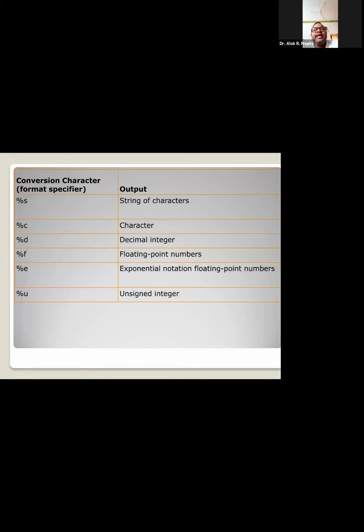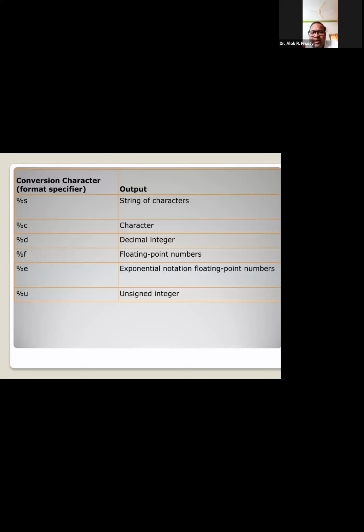Similarly, we can use %f for floating point values, and different conversion characters for double values. Different format specifiers we are using for different values. And %e we can say is exponential notation for floating point values. Let's say I have a long program and I want to describe in terms of exponent, that is 2 to the power 3, 2 to the power 4.